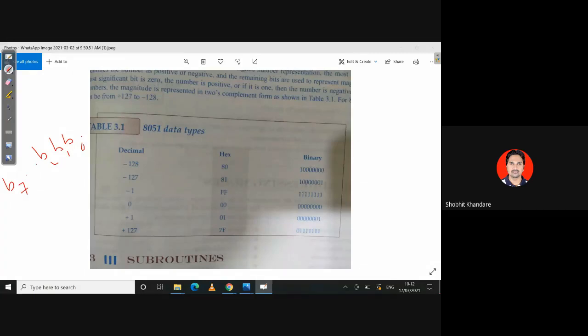Because your 8051 is an 8-bit microcontroller, it will handle 8 bits of data. Now under the unsigned,